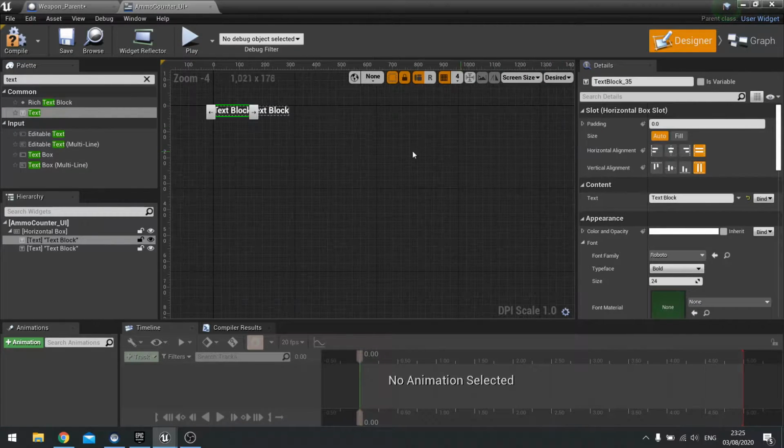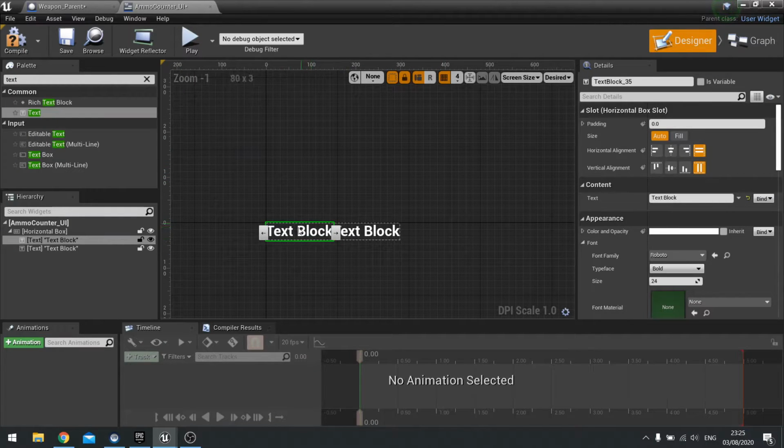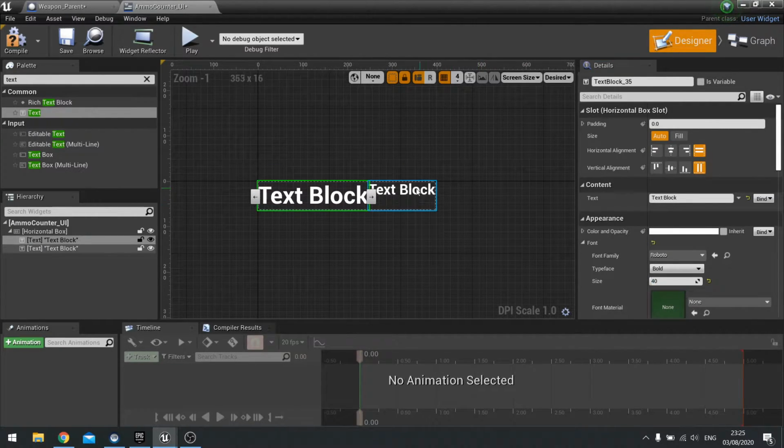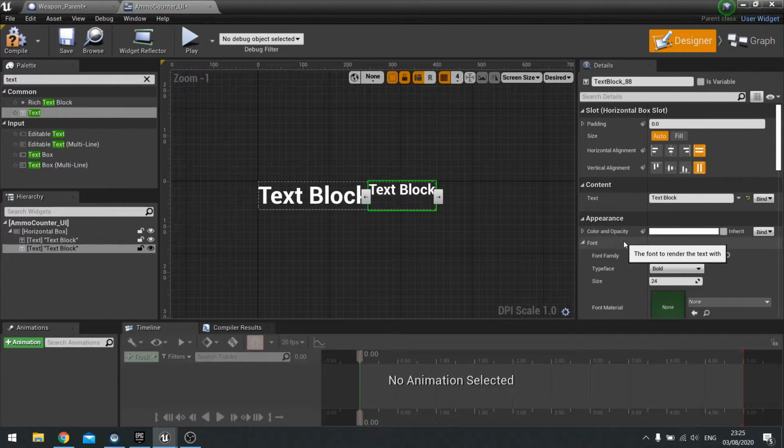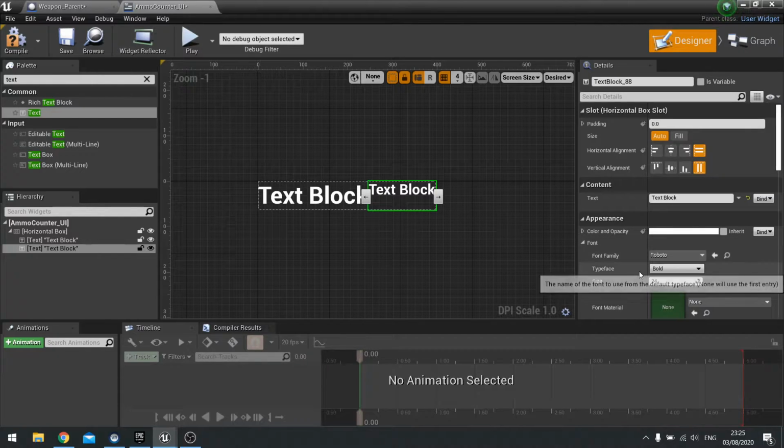Let's change that to desired. This first one is going to be the ammo we have in the gun currently. So this size here, we'll make this a bit bigger. We'll make it 40. The one on the right here is going to be the amount of ammo that we have on our person in the clip. So here we can do,